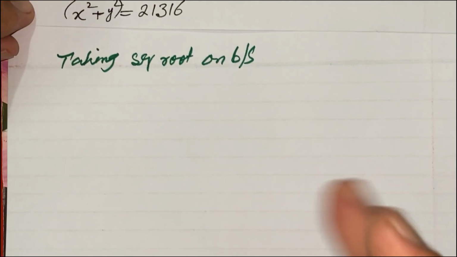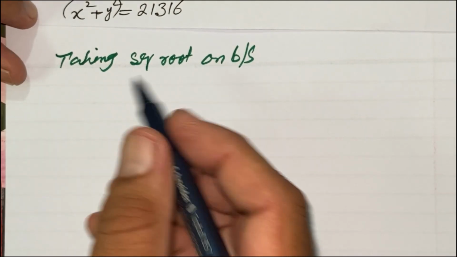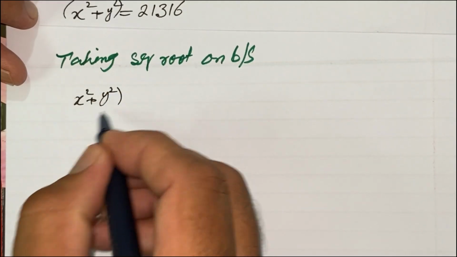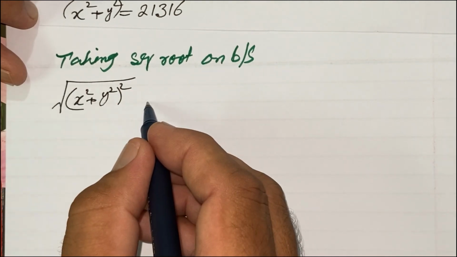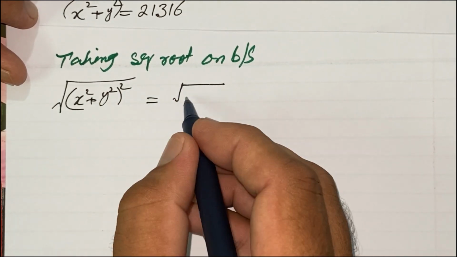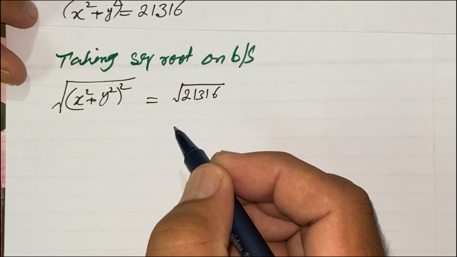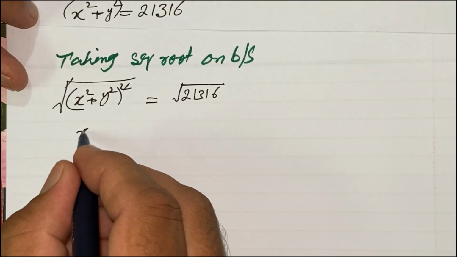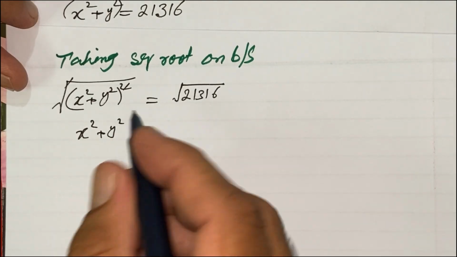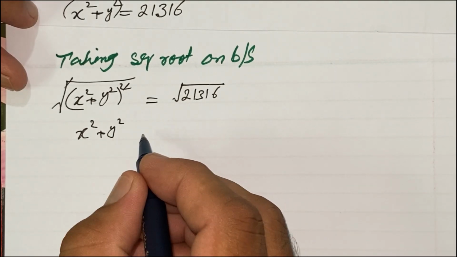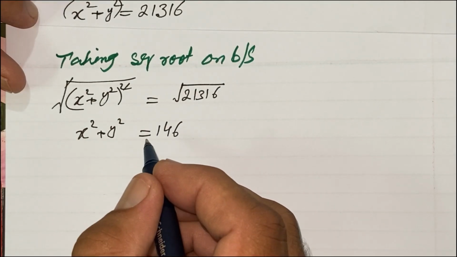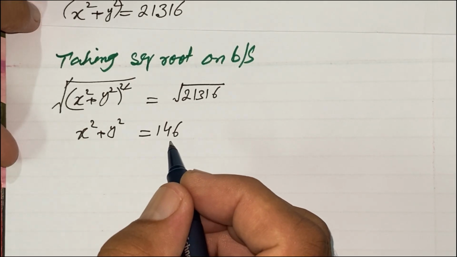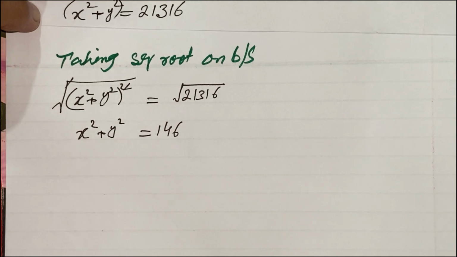Now taking square root on both sides, x square plus y square whole square root is equal to square root of 21316. Then this is cancelled with this. X square plus y square is equal to 146. Then, as we know,